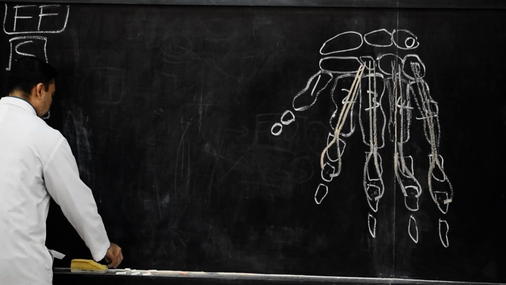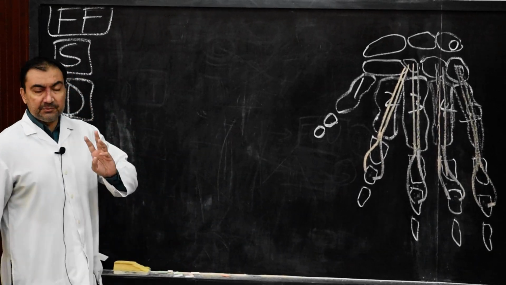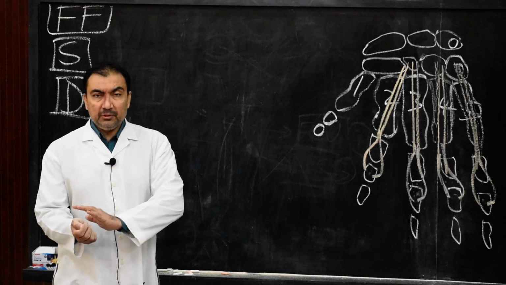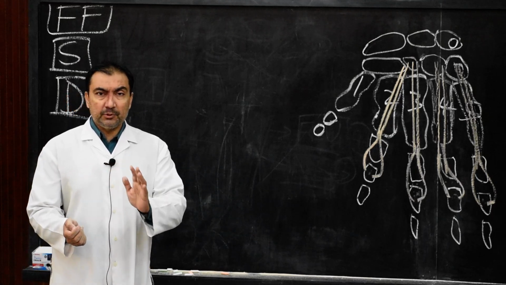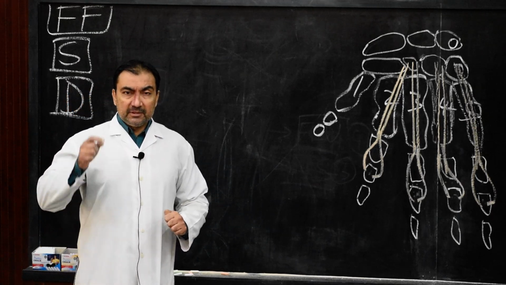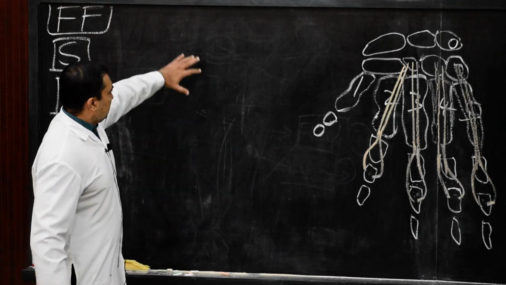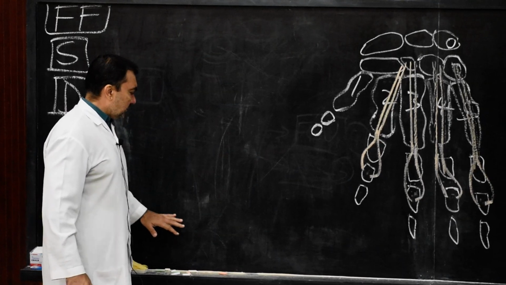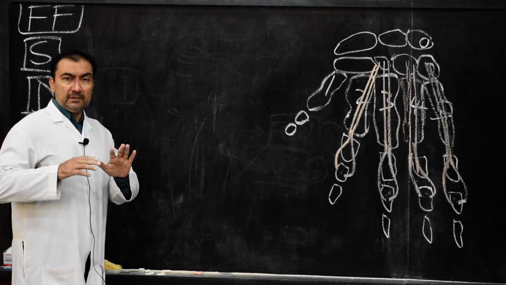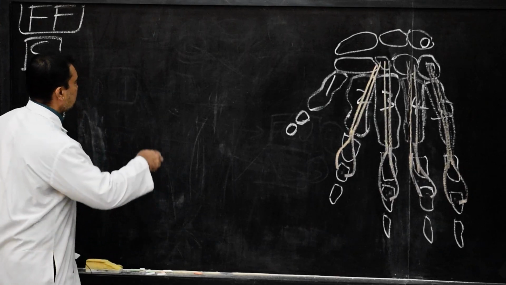Now in the deep group of muscles of the front of forearm, there are three muscles which we are going to discuss: flexor pollicis longus, flexor digitorum profundus and pronator quadratus. So therefore, now here what we'll do, please do alongside with me, the front of the anterior aspect of the radius and ulna.